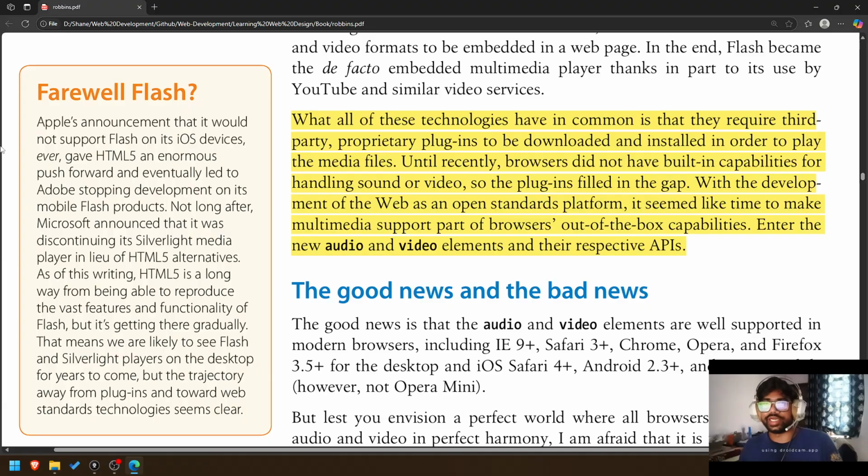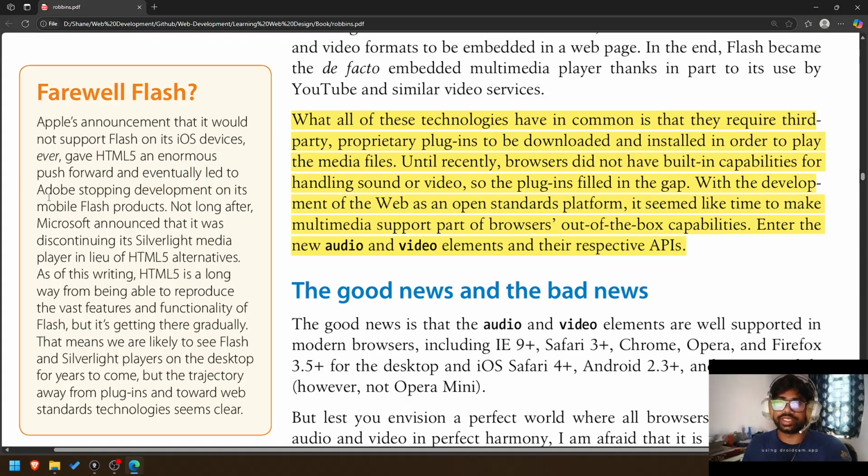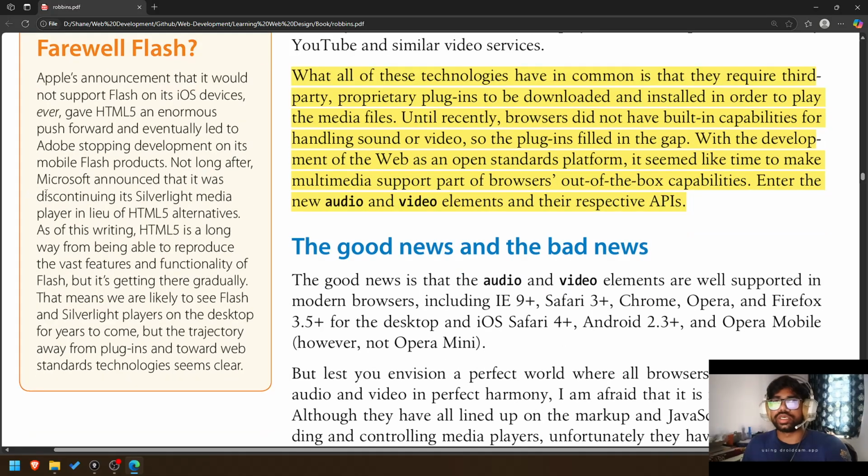Okay, farewell Flash. Apple's announcement that it would not support Flash on its iOS devices gave HTML5 an enormous push forward and eventually led to Adobe stopping development on its mobile Flash products. Not long after, Microsoft announced that it was discontinuing its Silverlight media player in lieu of HTML5 alternatives. As of this writing,